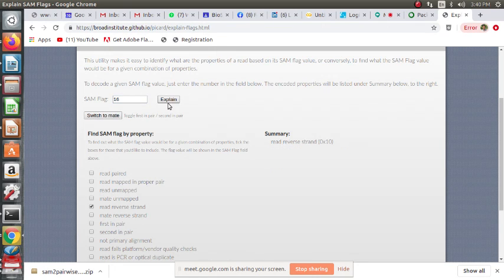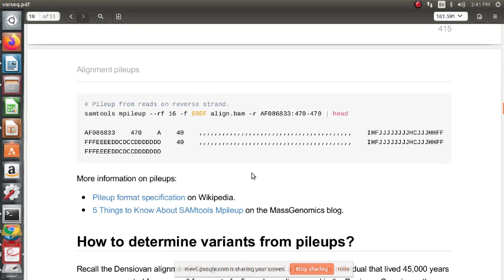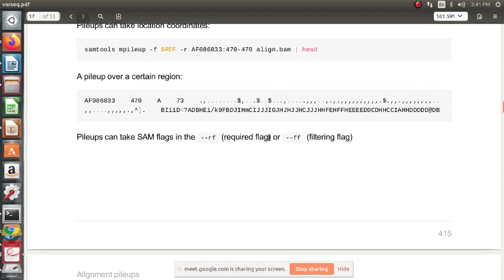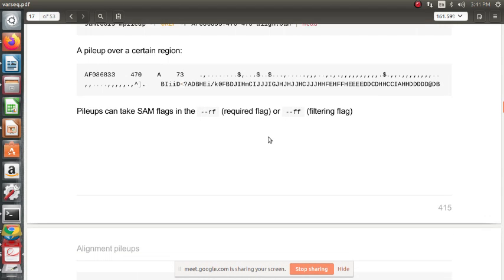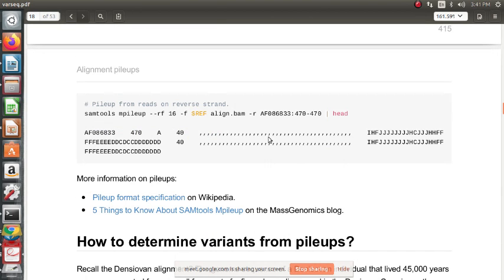So explain, read reverse strand. Okay. So then the required flag is 16, and qualifier F is for giving the reference, and qualifier R is for giving the region.